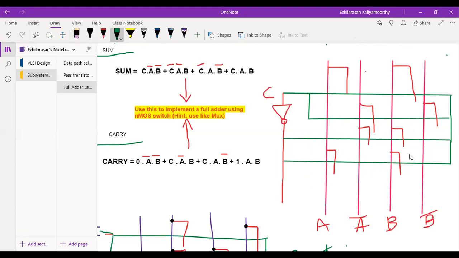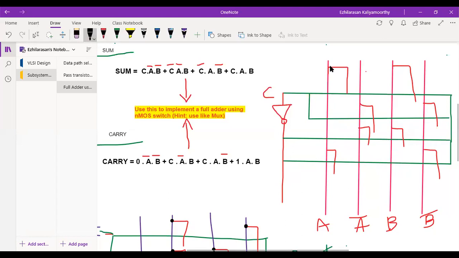It is supposed to come here actually. Yes, it has to come bar here.